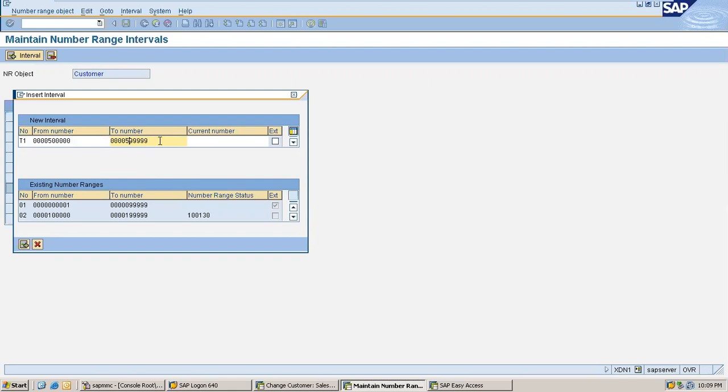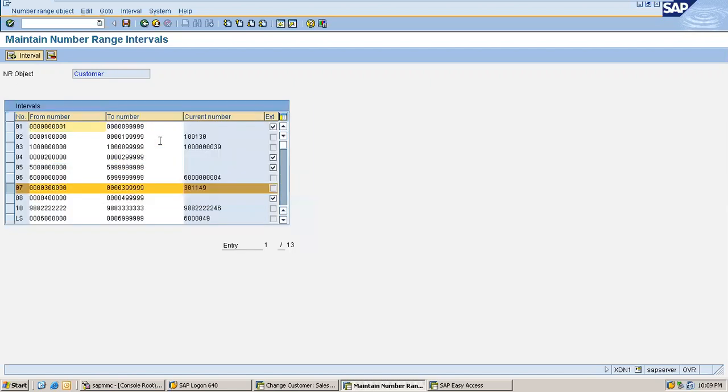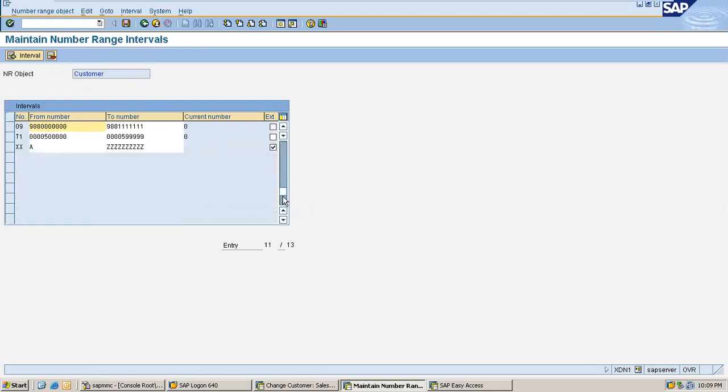After modifying it, just press enter. If this number range is already available, then it throws an error. It is accepted, which means this number is not available in the database. There is no overlapping. This number does not exist in any of the above number ranges, and that is the reason it is accepting. If this number were already covered in any previous number range, you would have received a message saying number range overlaps with other number range. So just try to enter different numbers. Since it is not overlapping, it is allowing me.